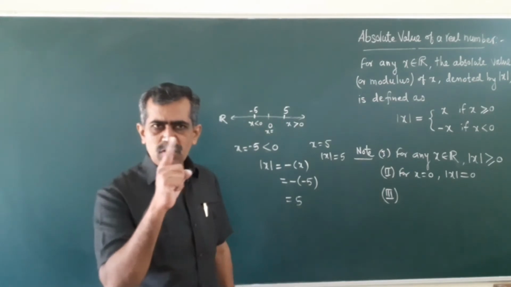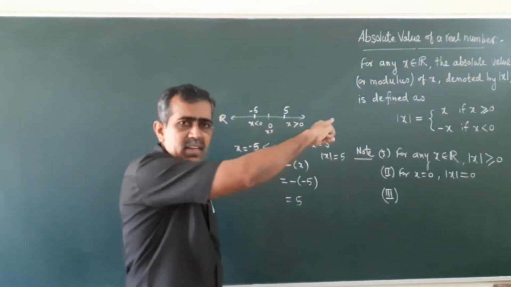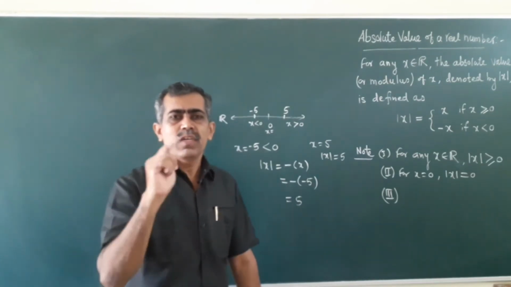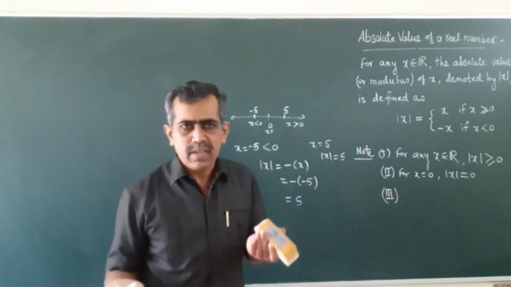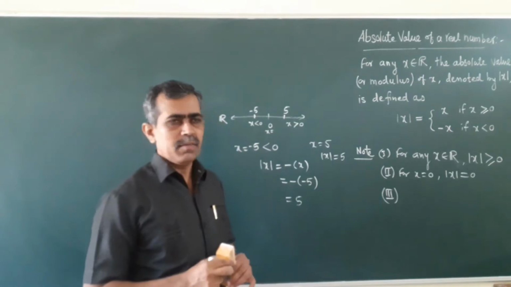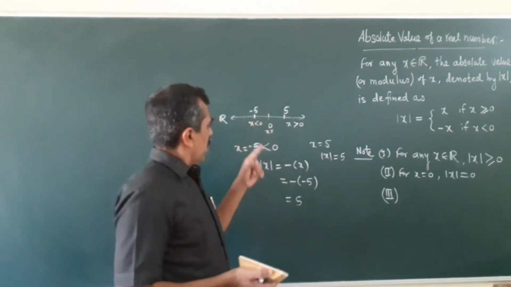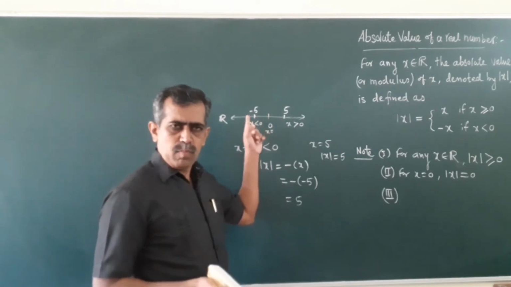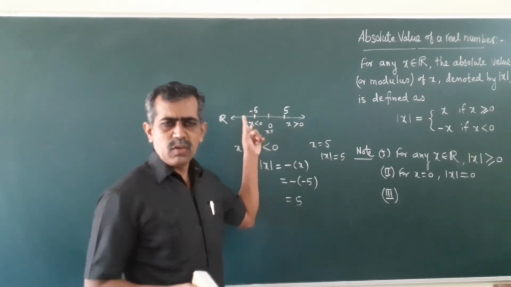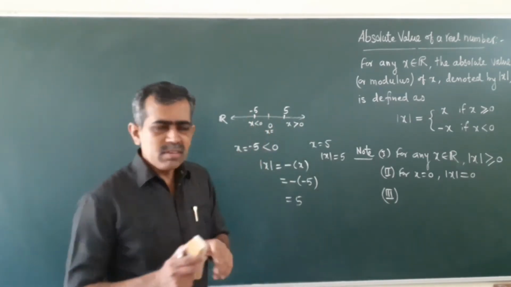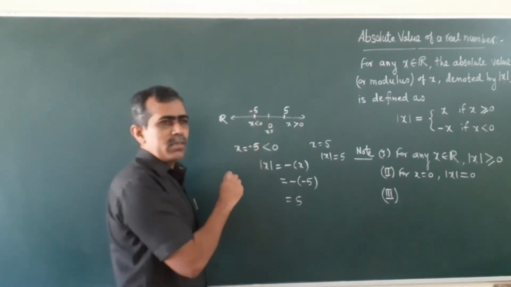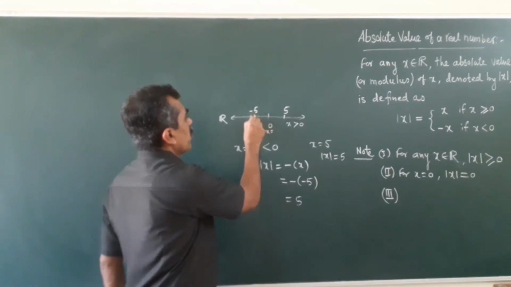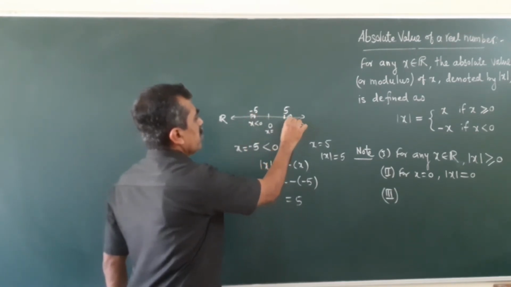So each point on this line, the line on which every point corresponds with one and only one real number, is called a real line. You have learnt this in 5th standard, right? So if I take any real number here, then it will correspond to a point. For example, suppose I consider this minus 5, then it will correspond to this point. Suppose this point is P, and suppose this point is Q.